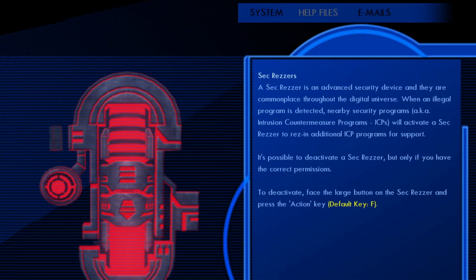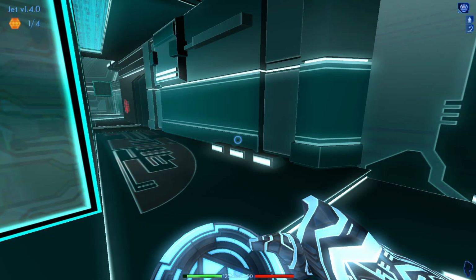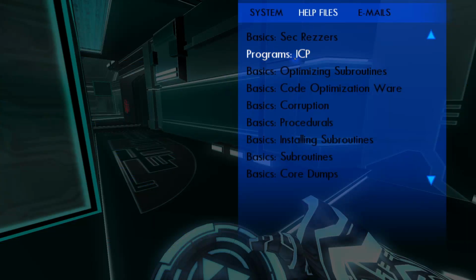We also have another help file about the SecResers. They are an advanced security device, and they are commonplace throughout the digital universe. When an illegal program is detected, nearby security programs, aka intrusion countermeasure programs, ICPs, will activate a SecReser to res in additional ICP programs for support. It's possible to deactivate a SecReser, but only if you have the correct permissions. To deactivate, face the large button on the SecReser and press the Action key. Oh, and we also have